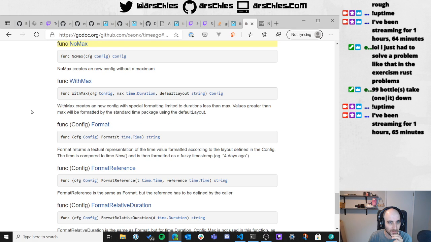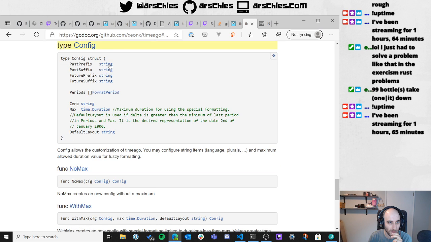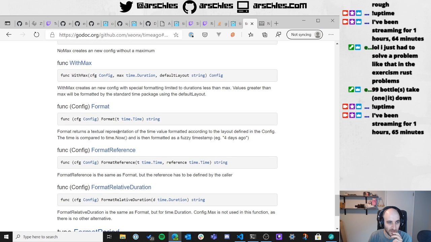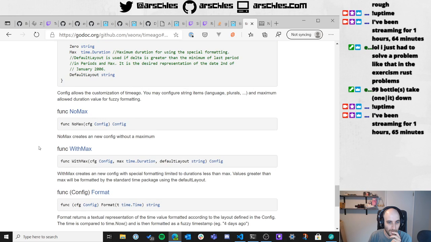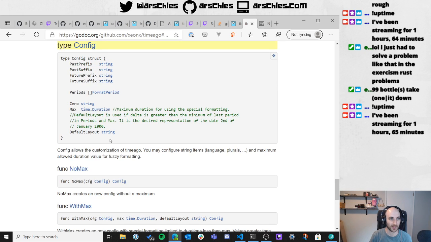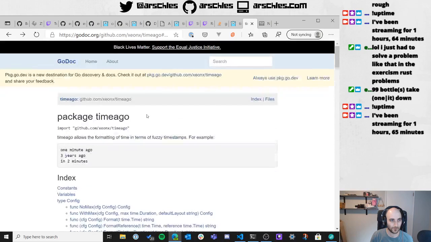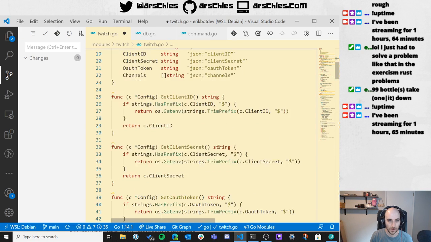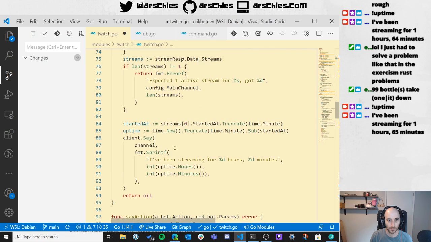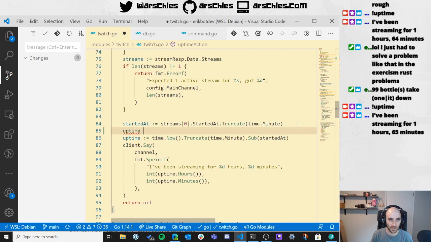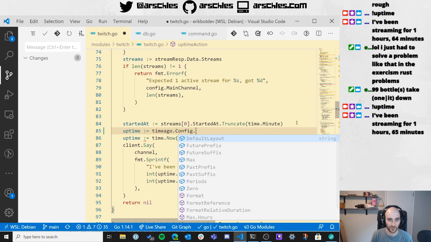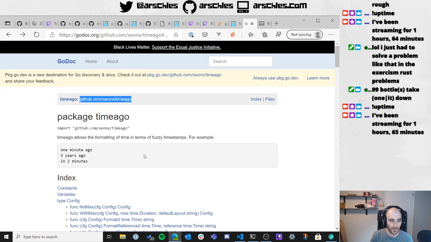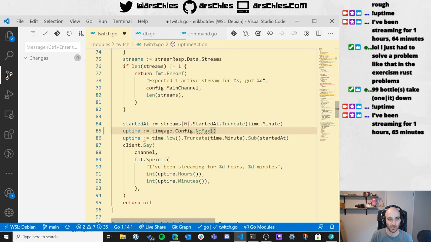No max. A new config without a maximum. And then what do you do? Config dot what? Config dot format. That'll work. Okay. Config dot no max. Time ago. Let's put you up here. Started at uptime equals time ago dot config dot no max, and then it's time ago dot no max, and then